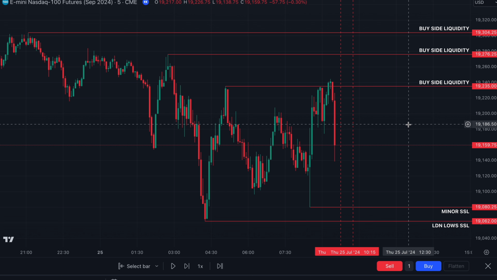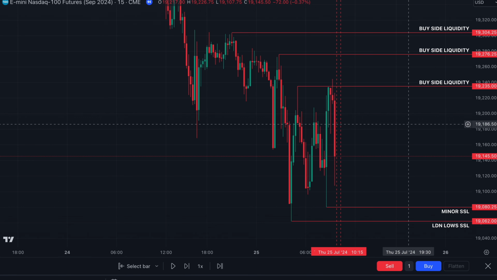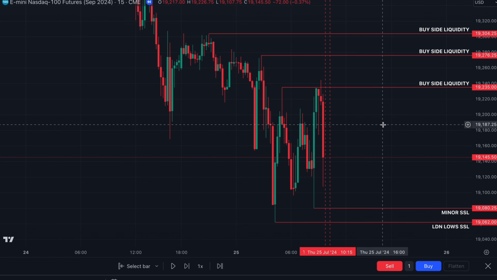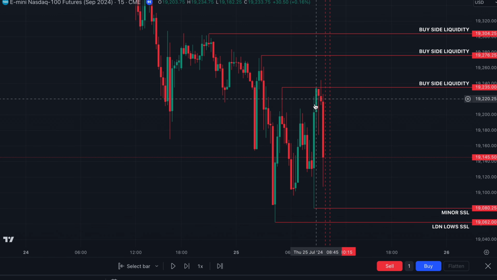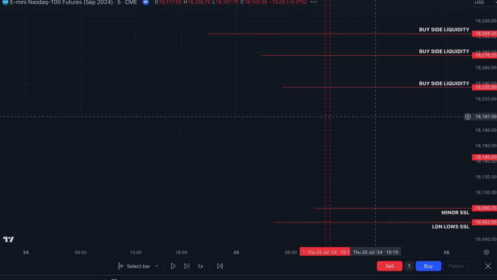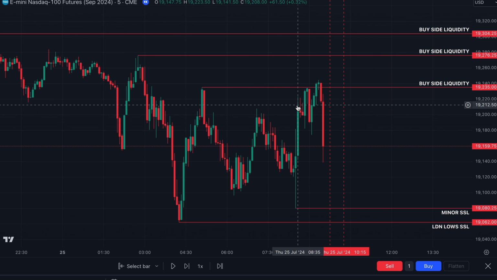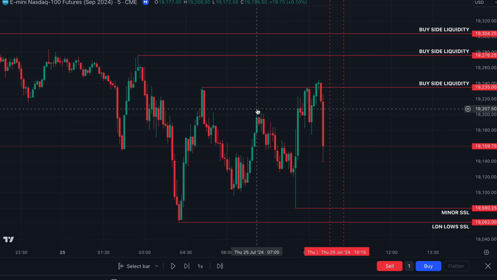Right. So prior to the macro, I want you to take a look at price on the 5-minute time frame, and now take a look at it on the 15-minute time frame. On the 15-minute time frame, a lot of people would see this as a higher time frame displacement and a retrace into this bullish gap. On the 5-minute time frame, obviously you want to fade the lower time frame for the higher time frame, but at the same time, the 5-minute time frame has taken out that previous swing high, just as I showed you guys earlier. So this is a buy side liquidity which has been taken out here.